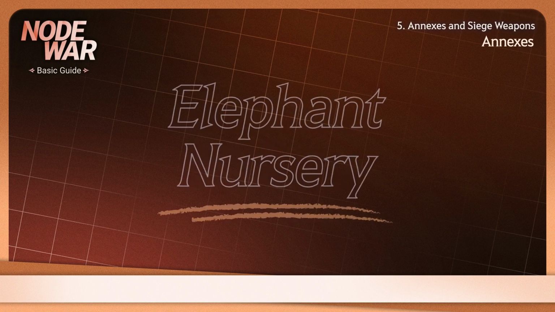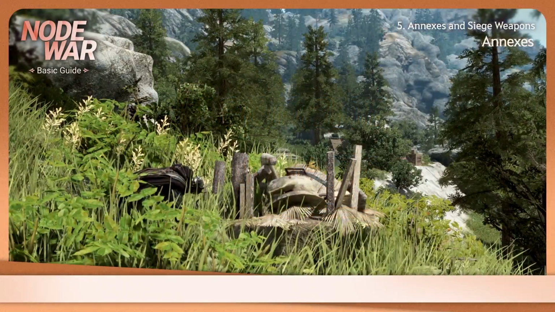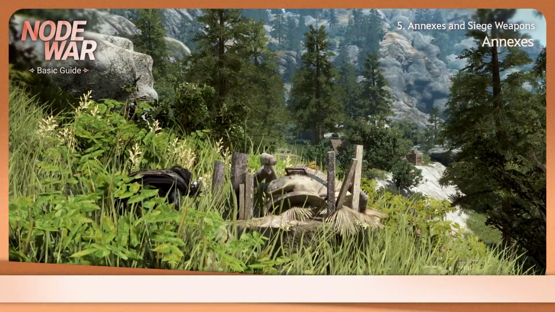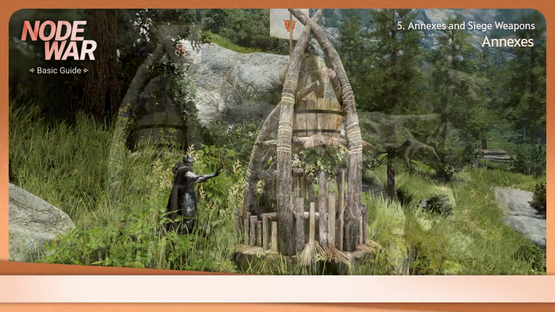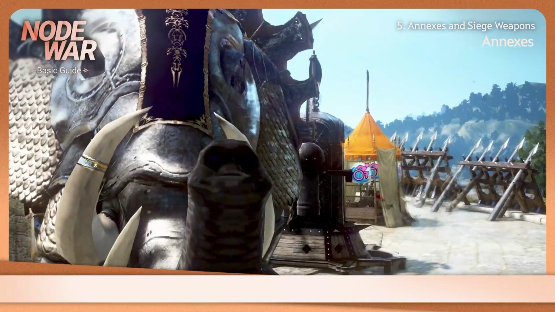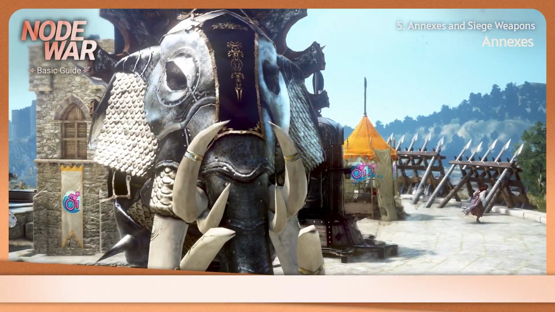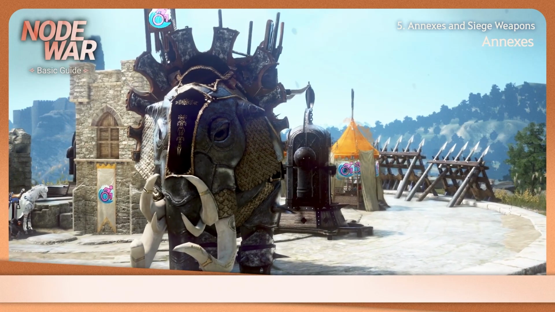The Elephant Nursery is an annex that enables your guild to bring sturdy elephant mounts into battle. Once built, press function start, and after a certain period of time, you'll be able to deploy the Cadria Elephant, which must have been registered via guild crafting beforehand. Cadria Elephants, who boast high HP, can deal significant damage to forts or impose a wide range of CC effects